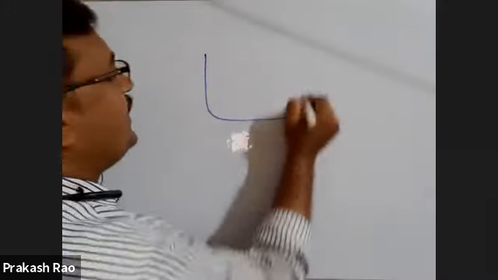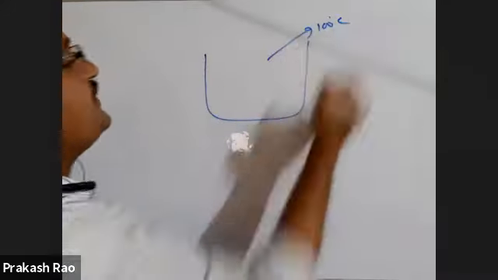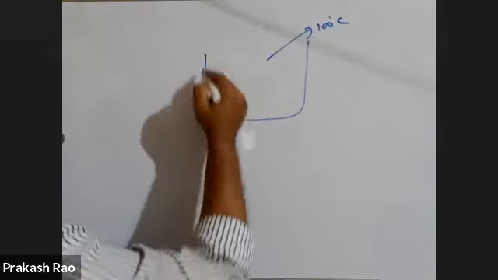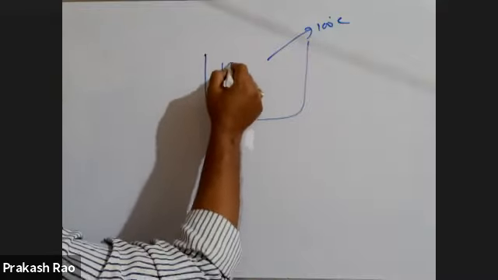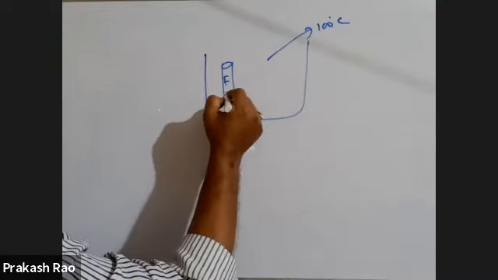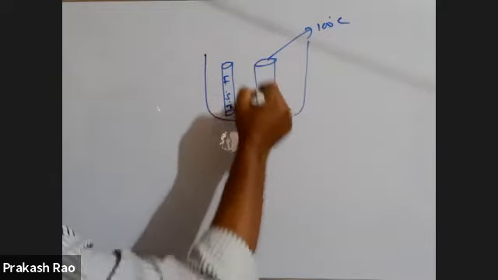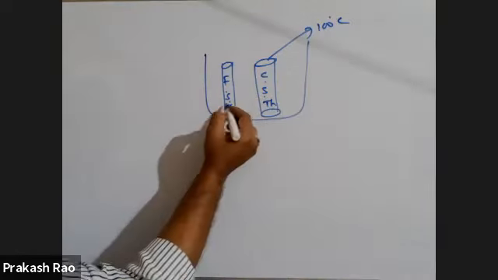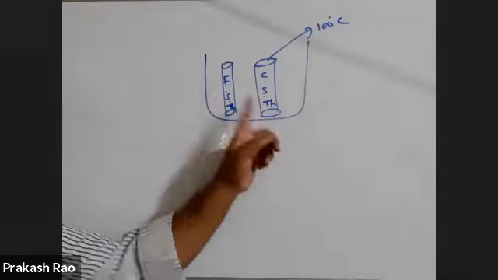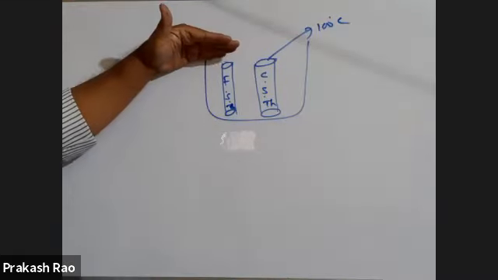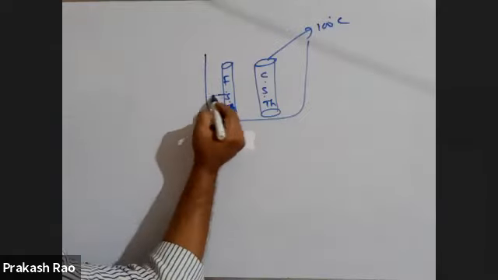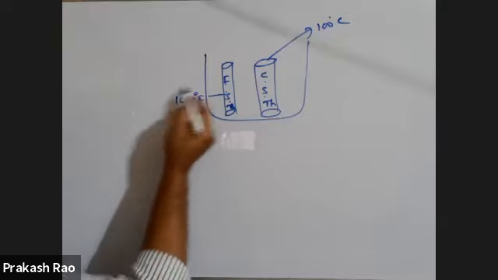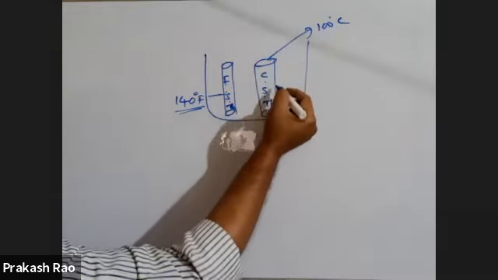Boiling water. The boiling water is at which temperature? 100 degrees centigrade. In this boiling water, you kept one thermometer on the Fahrenheit scale and another on the Celsius scale. Now the temperature is lowering, and it shows 140 degree Fahrenheit. Then this temperature is going from where to where?